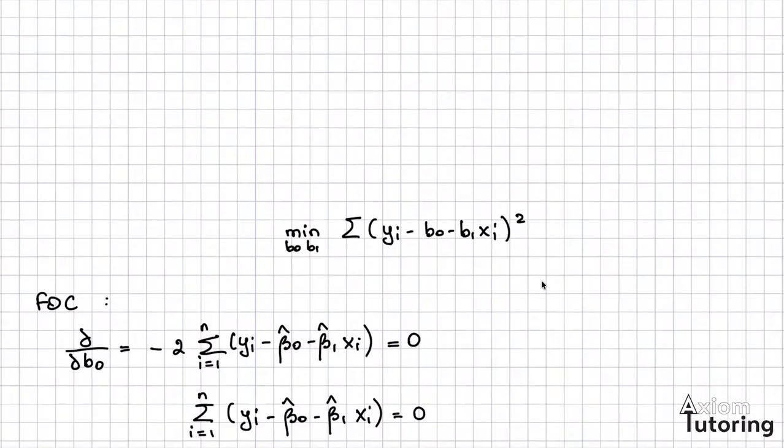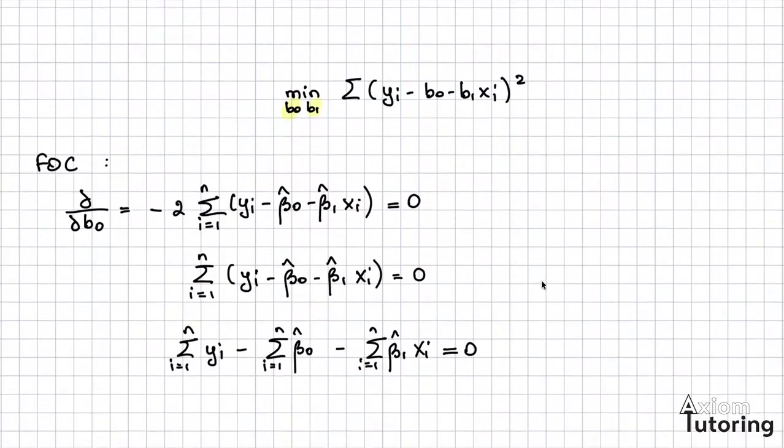The minimization problem in here, as any other minimization problem, will require the first order conditions. They need to be done with respect to B0 and with respect to B1. This is usually the computation that you will always see in any resource given to you. Some of you might very clearly see what's happening in here, but for those of you that are not very